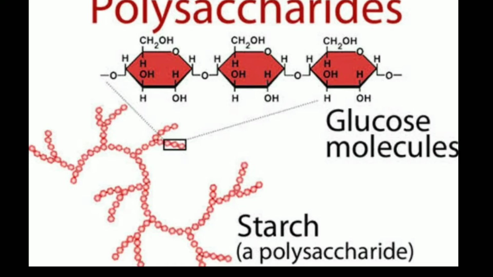Polysaccharides. If many simple sugars join together, a very large molecule called a polysaccharide is made. Some polysaccharide molecules contain thousands of sugar molecules joined together in a long chain. The cellulose of plant cell walls is a polysaccharide, and so is starch, which is often found inside plant cells. Animal cells often contain a polysaccharide called glycogen. Most polysaccharides are insoluble and they do not taste sweet.